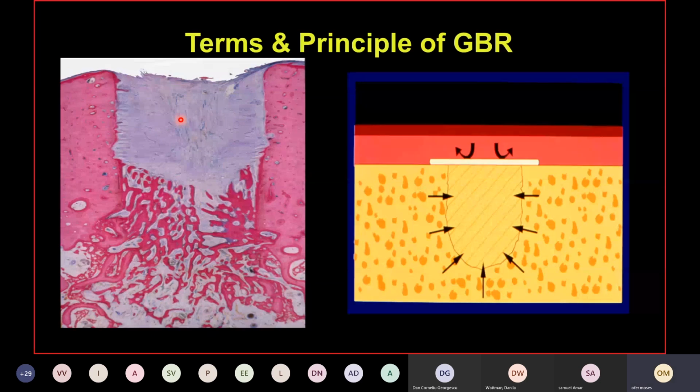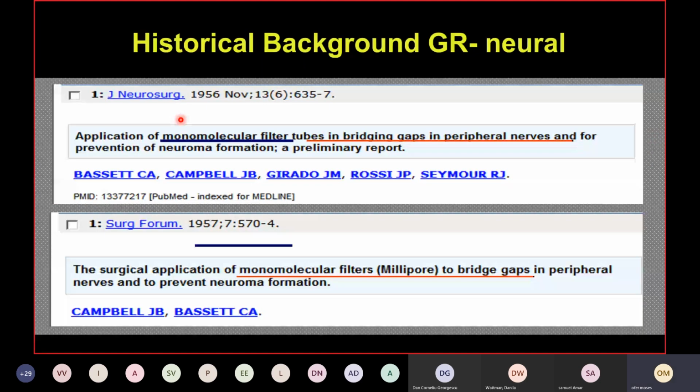Now, if we go back into history and we want to look at when it began, the selective population of cells, we go back to 1956. I'm sure that most of you were not born. It was first described by people who dealt with non-union of nerves. And as you can see, they actually applied membranes over nerves, and they got new nerves in between the two edges, which were covered by a membrane. If we go back into the history of bone, we see that at the beginning of 1959 it was first used